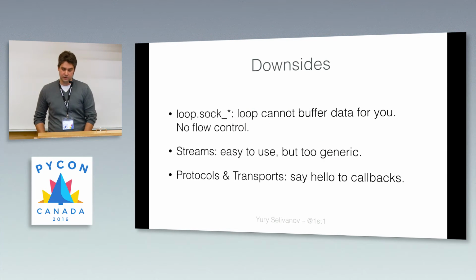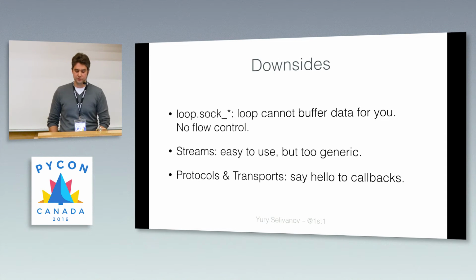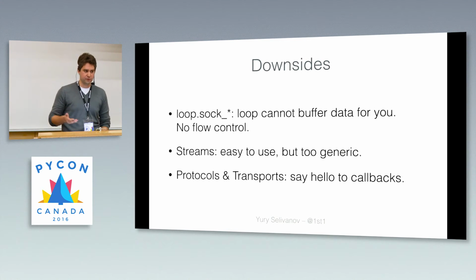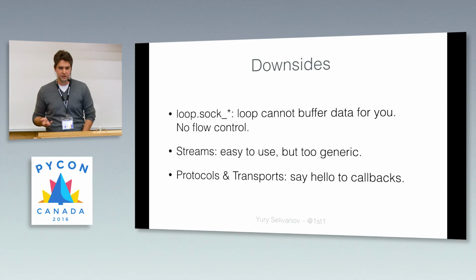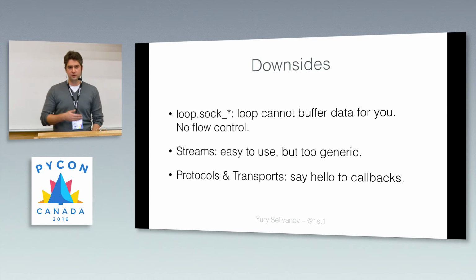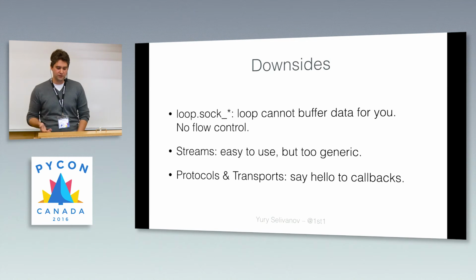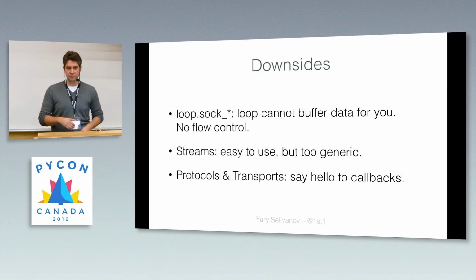Downsides. So again, loop, event loop, and I/O multiplexers, they aren't aware of what really is going on when you're using low-level socket coroutines. So they are good for prototyping, they are good for porting code, but it's not possible to write efficient libraries with them. Streams are nice, a little bit more performance than using low-level socket methods, but they're too generic. You are basically forced to build the entire protocol in Python, which is slow. And protocols and transports, yes, they use callbacks, they're hard to use, but they allow you to implement the bulk of your protocol in C or in Python or in Rust, like whatever you actually want, and then bridge that